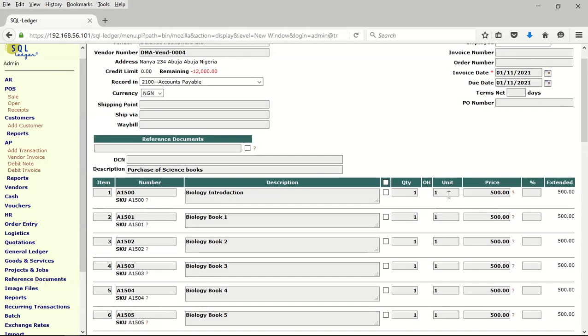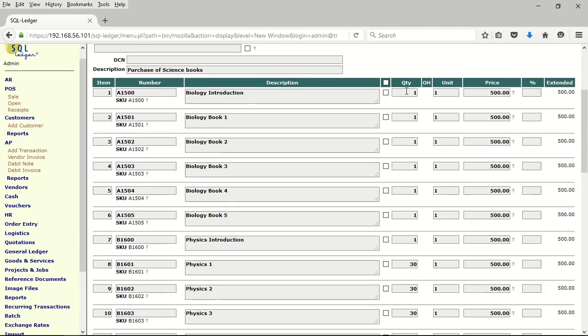Now, there are some here that the quantities have not been imputed. Therefore, I'm going to select the quantity so that when we order for them,